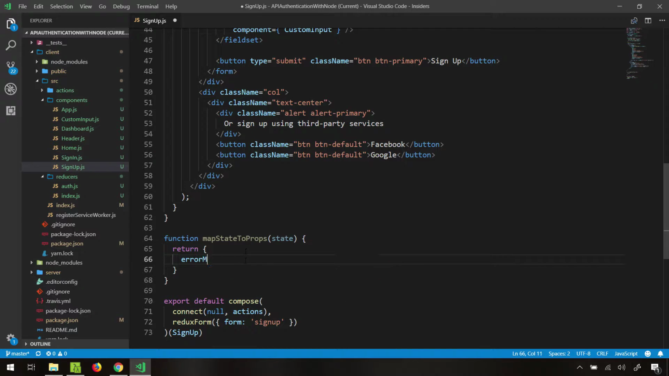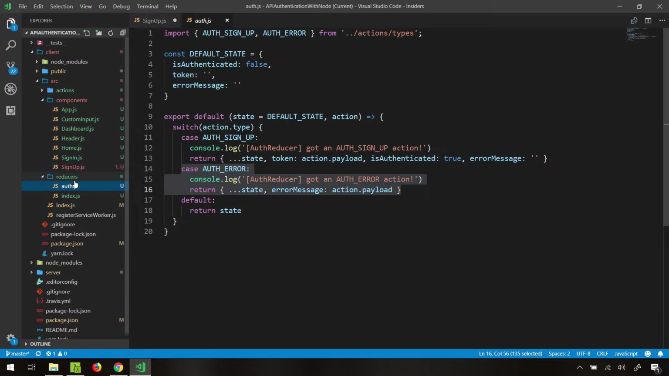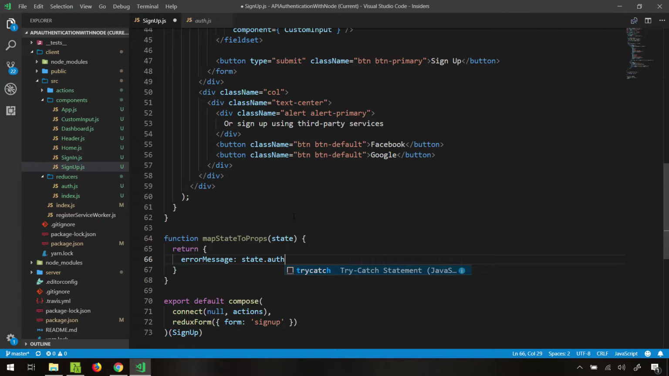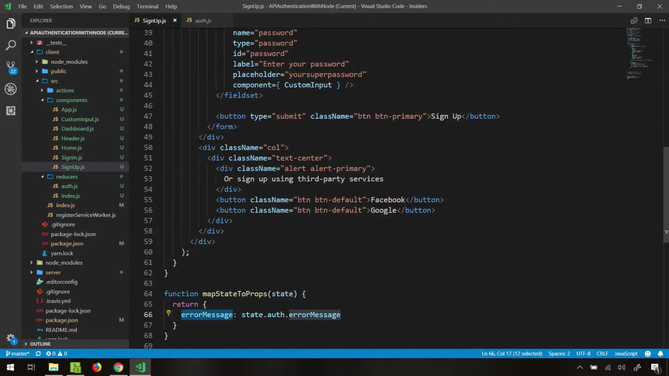Okay, so we need the error message, so let's simply call it like that. And where is it stored? Well, if you remember, it is stored inside of this errorMessage property, which is stored in our whole state, and there is this authentication reducer. So we have our state, we have our authentication part of the state, and then we have errorMessage like this. Then what you need to do is replace this null with mapStateToProps like this. Now once this is done, we have access to this error message over here